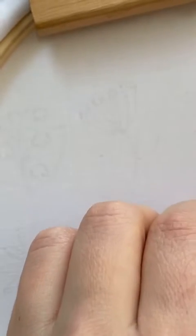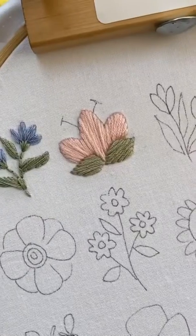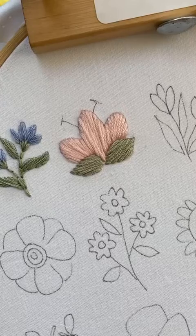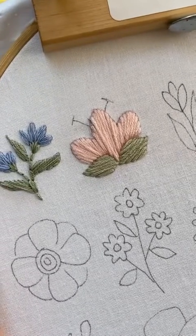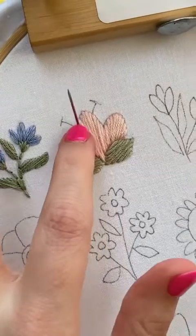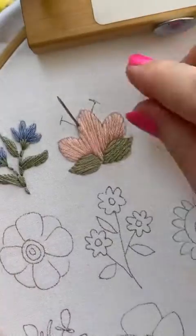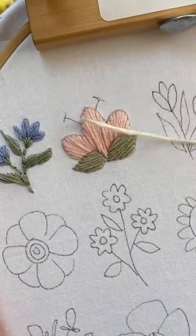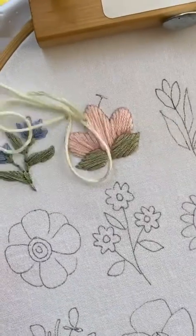Let me tie this off first, because apparently I didn't do that. Okay, and we're going to go almost through the same hole. Can you see that? We're just going to make a little T